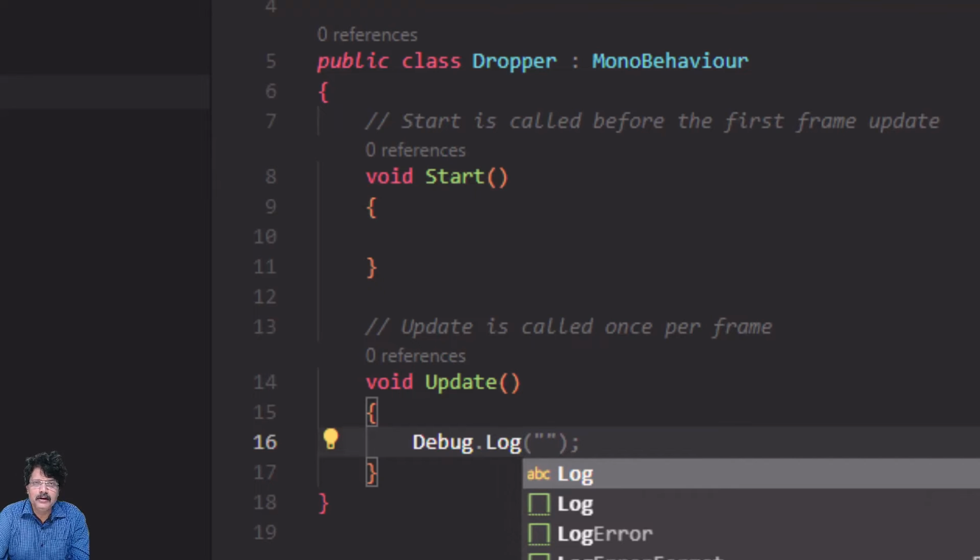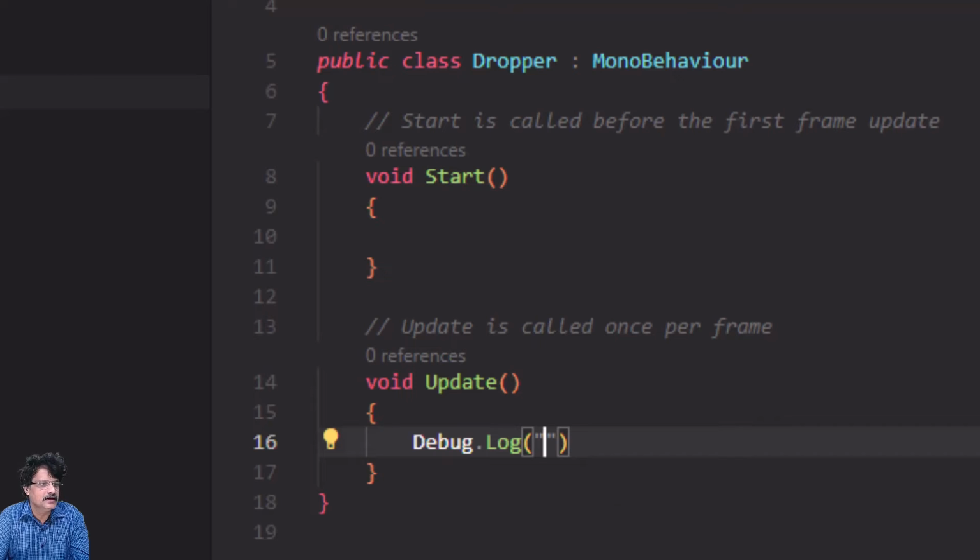In the open close parenthesis, if you want to print a string, we add inverted commas, and inside this we put "time elapsed till now". Then I will give a space, come out of the inverted commas, click plus, and call the property